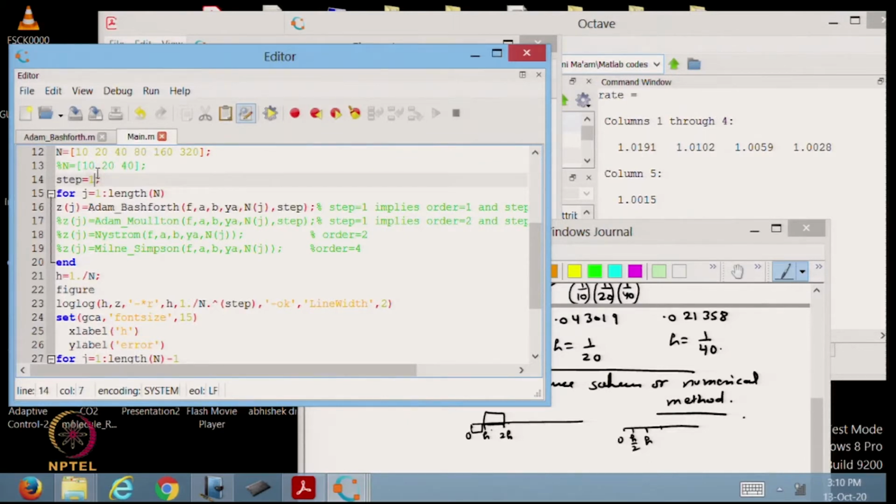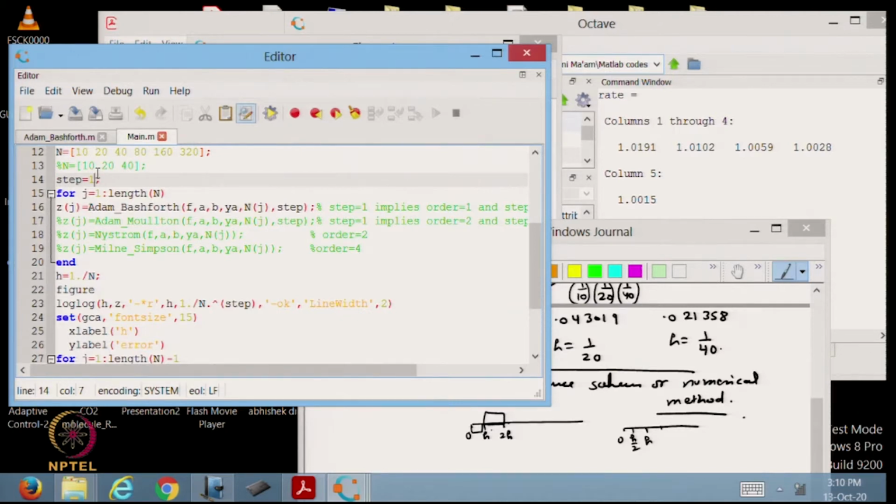And why am I choosing this step? Correspondingly, I have implemented different algorithms for step 1 and for step 2 in the function Adams-Bashforth. That is why I am taking this variable step is equal to 1 to choose forward Euler, step is equal to 2 to choose another difference scheme, which we will see in Adams-Bashforth, and that was just called the AB2 method.